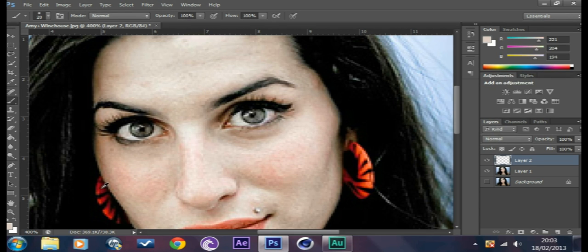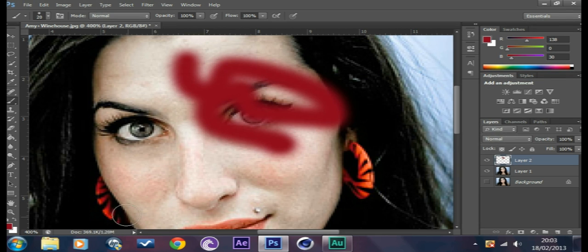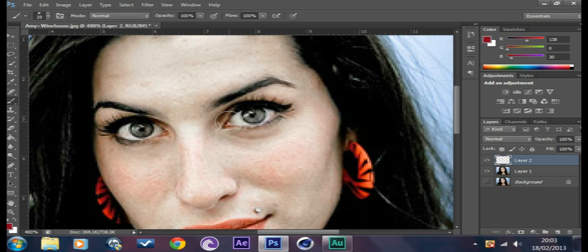So if you want the same red as her earrings, say here, you just Alt and then click on it and then let go, and now your brush is the same colour as where we took it from. Okay. Now we want to get a little bit of a lighter part of that for the eyes. There you go. Right, so now we've got that, and we just click, and then we click again,